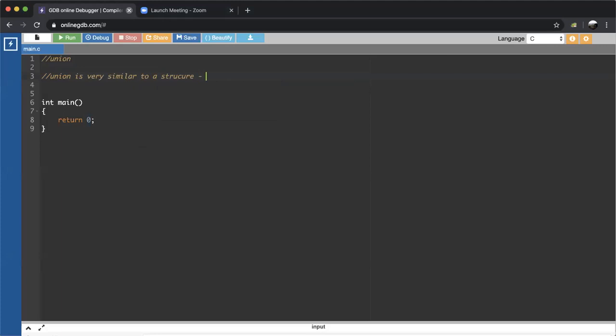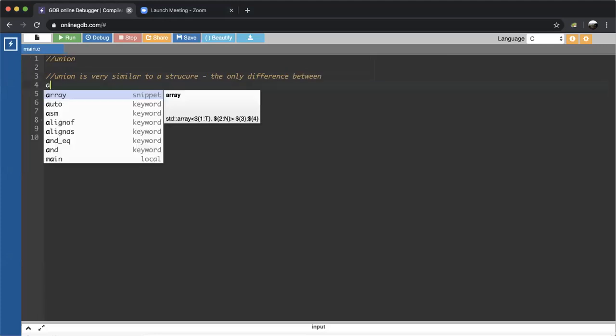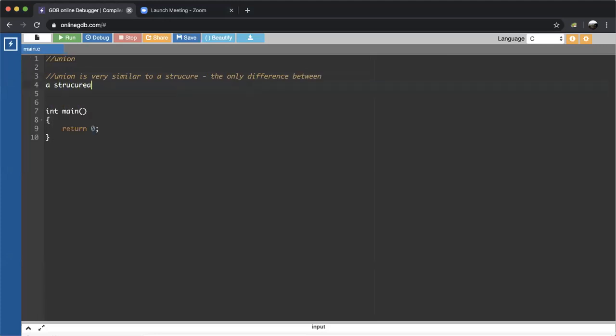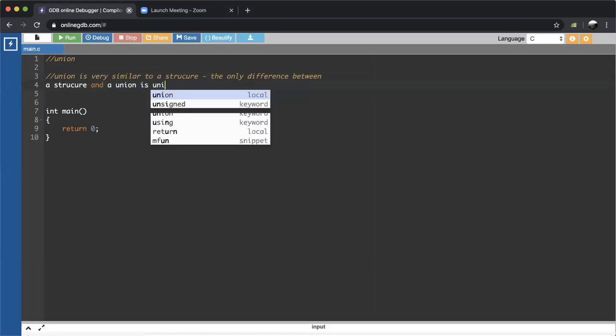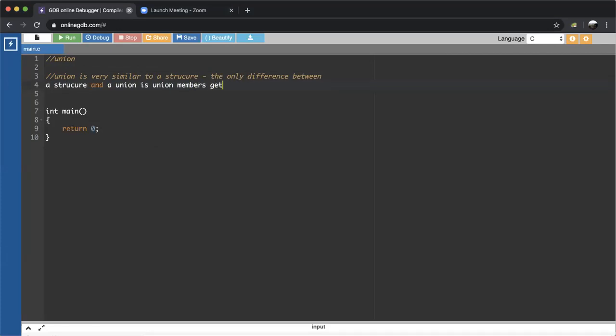The only difference between a structure and a union is that union members get stored in the same location. That's the only difference between structure and union. So creating everything is going to be the same. Accessing the members of a union, all these things, a pointer can be pointed to a union, everything is very similar